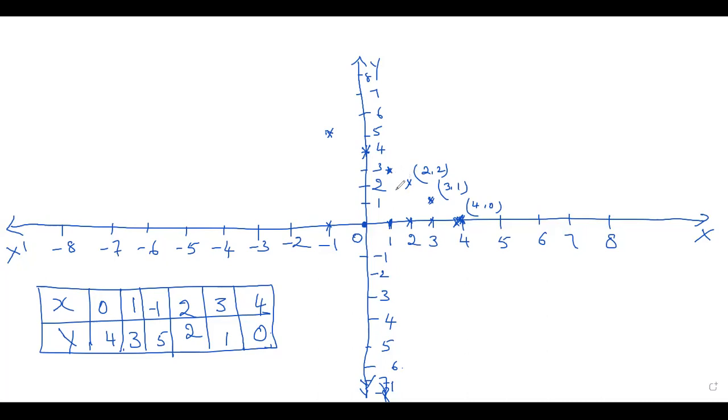And this is 1. Which one is it? 1, 3. Yes, it is 1, 3. This is 0, 4. And this is -1, 5. Right? See, if you look at all the points, children, you will get a straight line if you join all the dots. Okay, so use your scale and pencil. You have to draw a straight line. Okay, children. So like this, you will get a straight line.